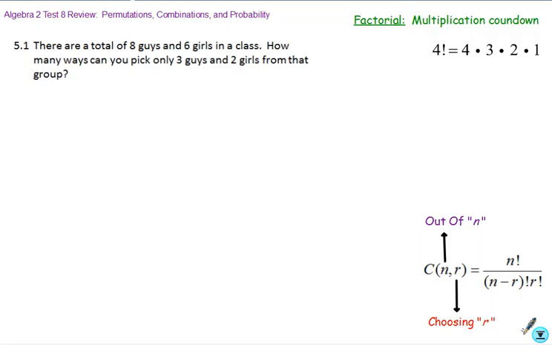Number 5 says there's a total of 8 guys and 6 girls in a class. How many ways can you pick only 3 guys and 2 girls from that group? So we actually have two different things going on here. We have a group of guys and we have a group of girls. So we're actually going to have two different